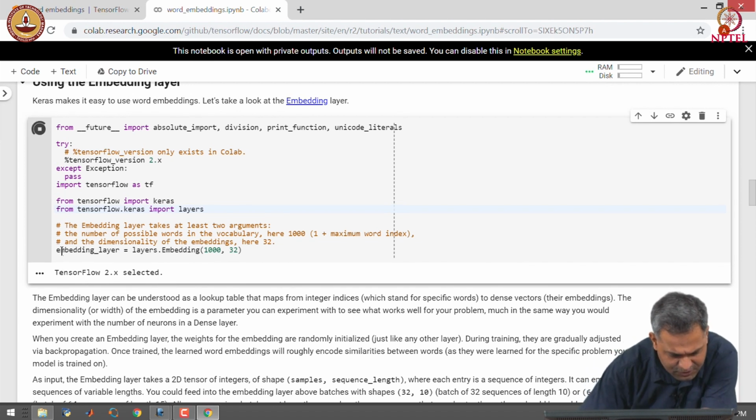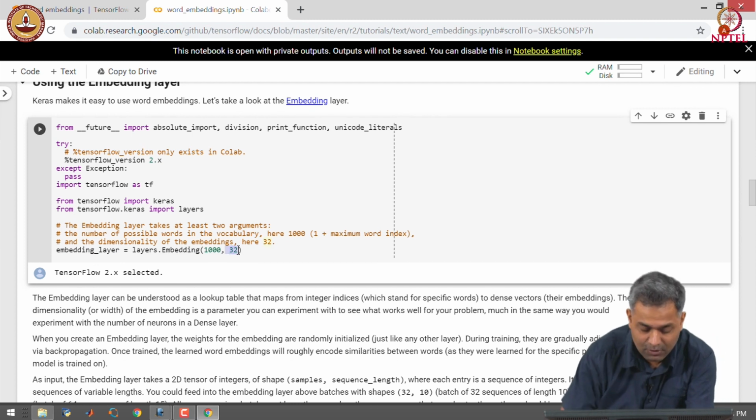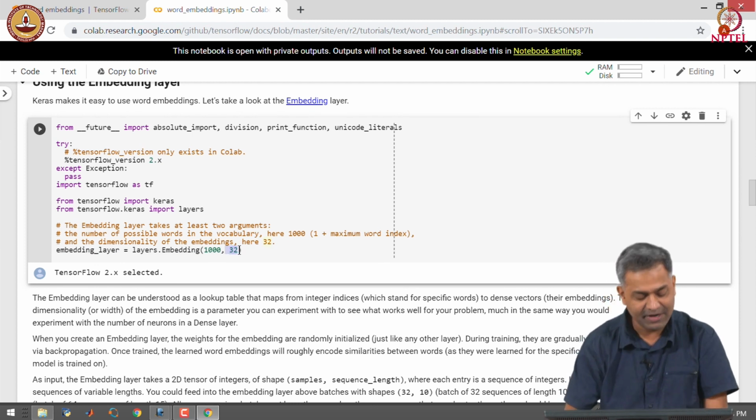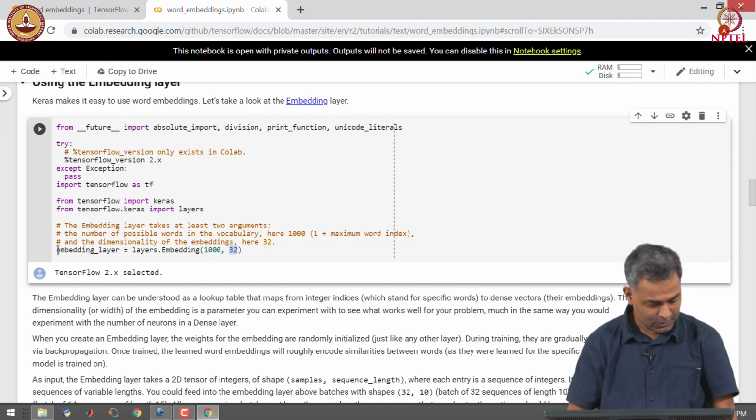Here we use an embedding layer which is specified by layers.Embedding, where we pass the number of possible words in the vocabulary, which is the total number of words plus 1 for padding, and we also specify the dimensionality of the embedding, which is 32 in this example. With this we can define an embedding layer.